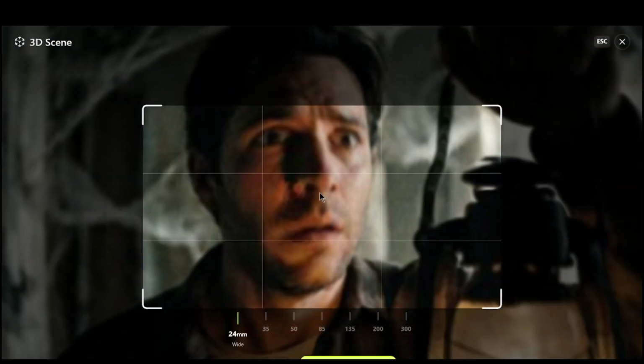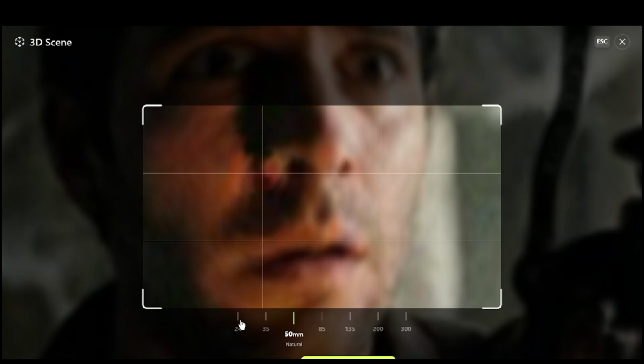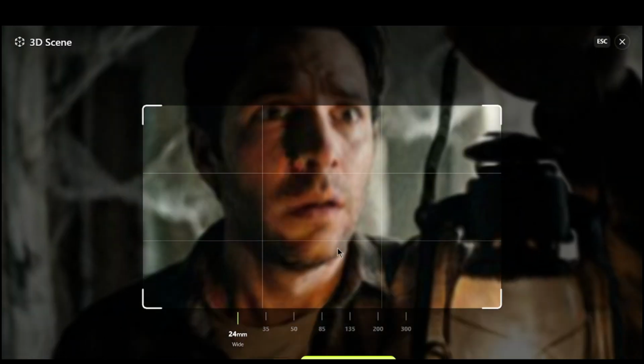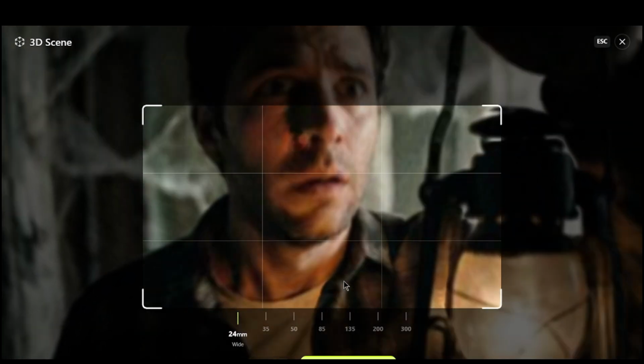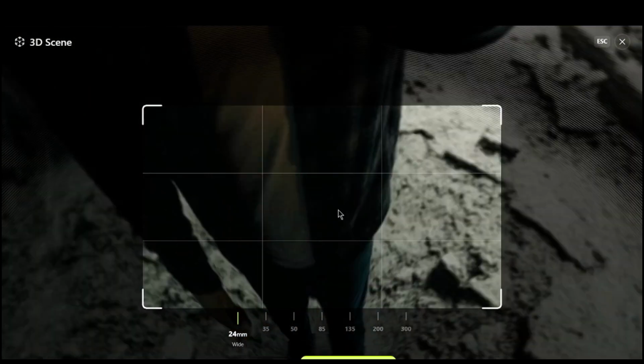Okay, so we are in our 3D scene. We have different lengths, there's 24, 35. You can change the focal length, and you can adjust it. For example, I want my scene to be